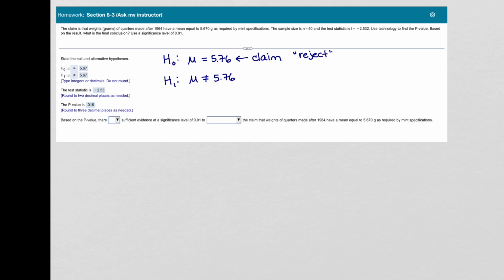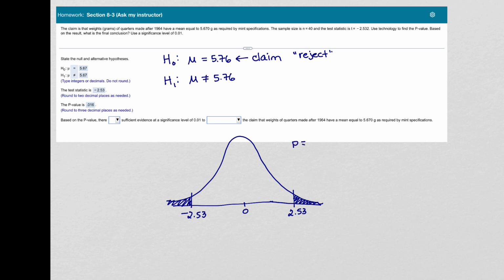So we want to say whether there was sufficient evidence to warrant rejection of this claim that the mean is equal to 5.67. And when we consider our distribution, I'm going to pause for a second and draw that real quick. Okay, so our blue area is our p-value, and we said that was 0.016. And we're comparing that to alpha,